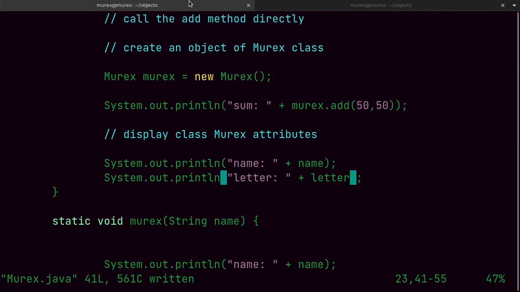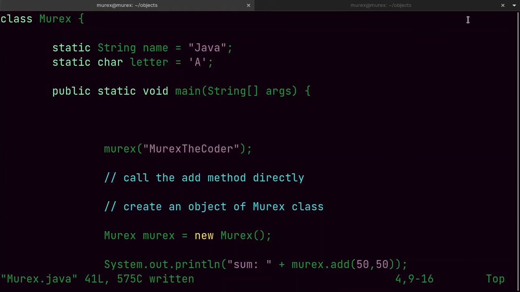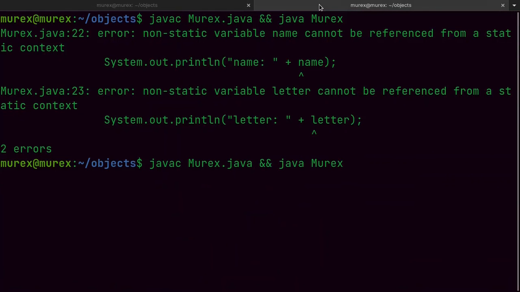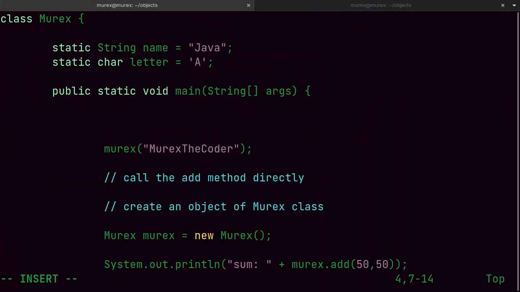So if you wanted to access the methods as they are, you would make them members of this class by using the keyword static. So you use static, and you use static, and then if I was to run them now, everything runs accordingly. But then if you wanted to make them objects of a class and not members of a class, you would have the word public there instead of static, or you can just leave them as they are,